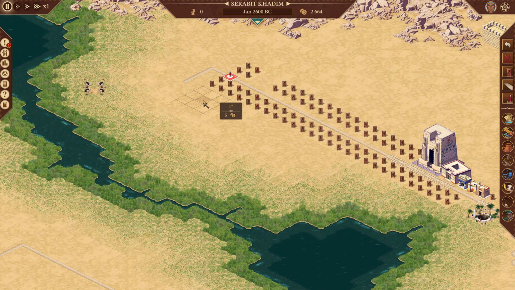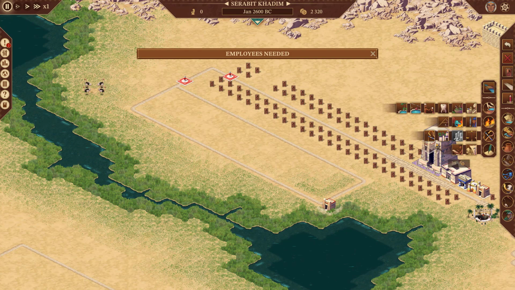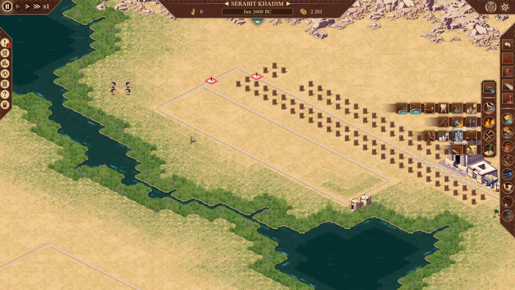like this and go down here like this. And we're going to want one that's 22 by 6. That's going to be a work area. We'll put a roadblock here. We'll give it fire and architect and fire, so I don't forget. And we will